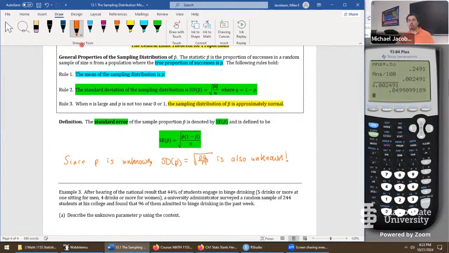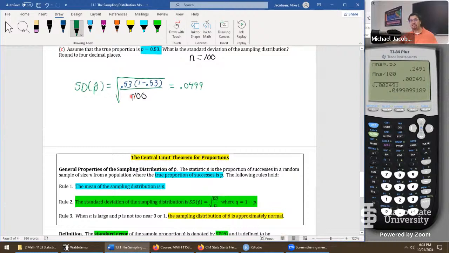It's as if we're back to square one, but we make the following estimate. Estimate the standard deviation of p by saying it's approximately equal to the standard error of p hat, which is this formula right here. So we're just using the estimate for the parameter p, which is approximately equal to p hat. And when you think about it, that's exactly what we did in this problem.